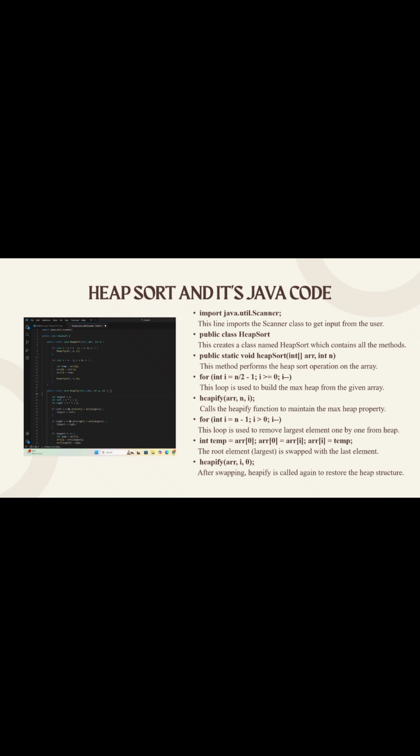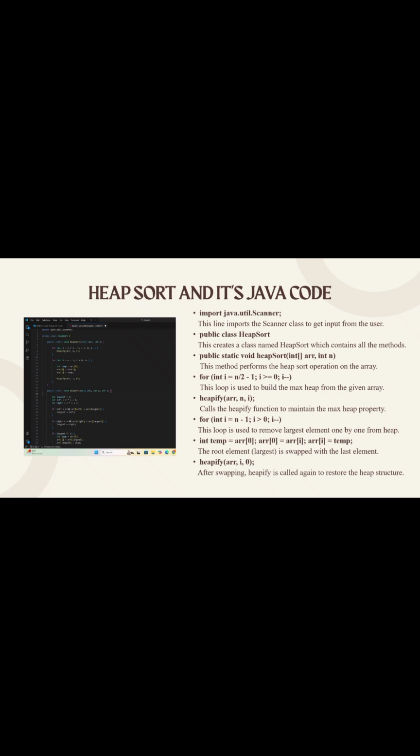The heapify function maintains the heap property, and the next loop removes the largest element repeatedly. Then we swap the root element with the last element using a temporary variable. Since the root contains the largest element, it moves to the correct sorted position. After swapping, we call heapify again to maintain the heap structure.